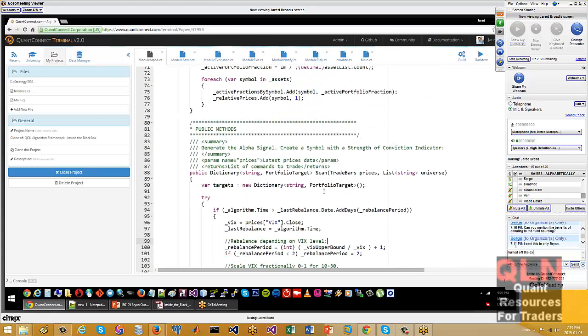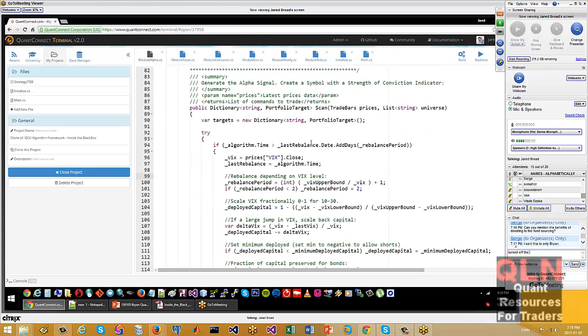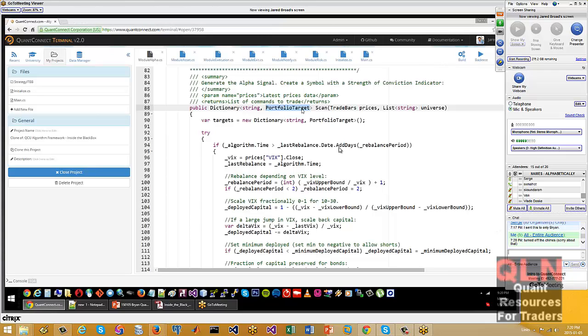So this is the alpha generator for this strategy, and it's generating a list of portfolio targets. So Apple 100% or S&P 100%, or if we add in a new symbol, say the Russell index, but we only want 20%.